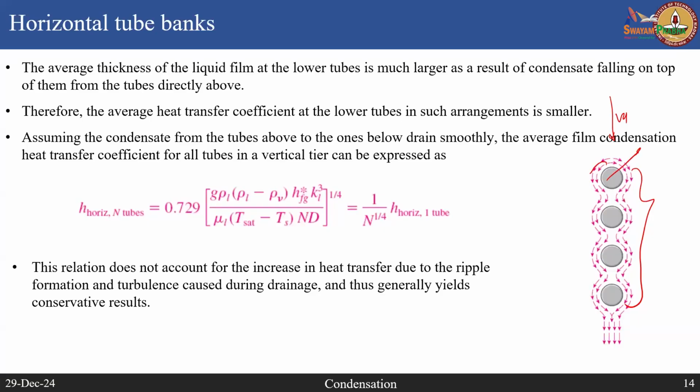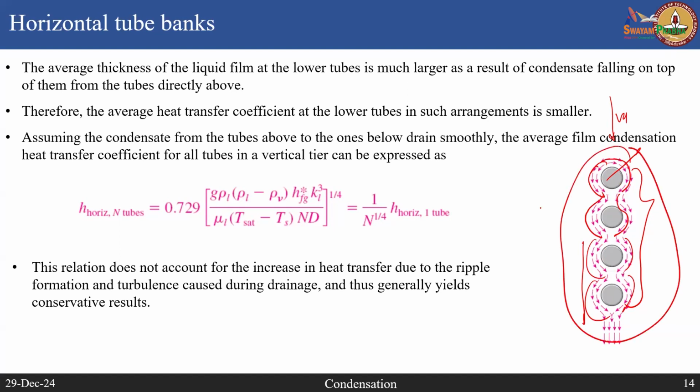Okay, the vapor has to condense, and then this condensate will be falling like a film around the cylinder. And it is not just that, it is also going to accumulate and fall on the tube below that. And as you go down, the thickness of this film will progressively increase because it is accumulating from the previous tubes. Therefore, if you look at the heat transfer coefficient for this entire tube bundle, it will